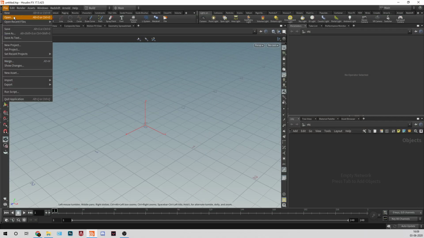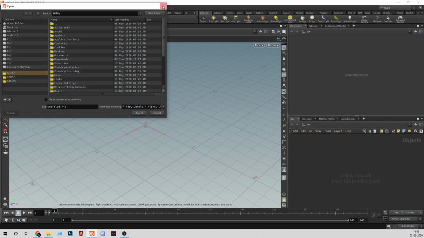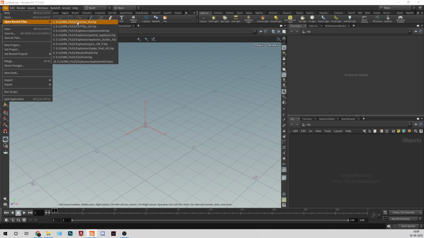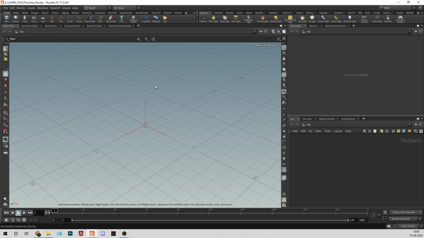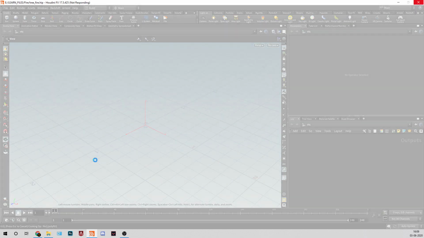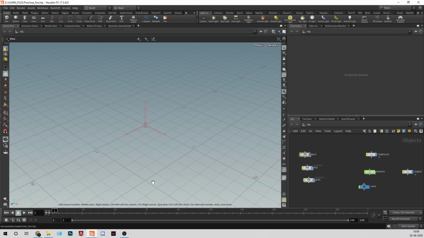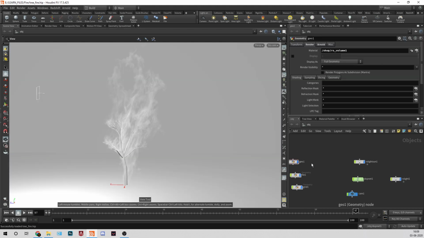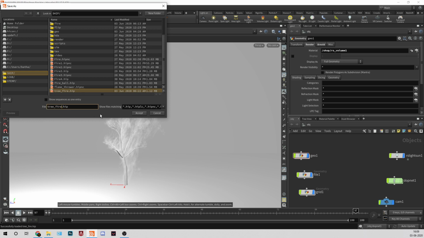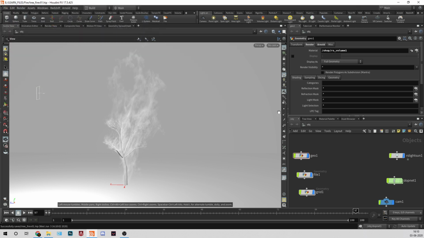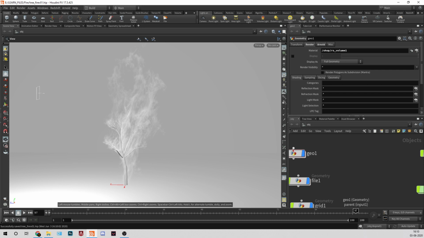So I'll not take time to create the setup of the tree. I have my file. So I'll just save this file as a version 01, and I'll remove whatever I don't need.